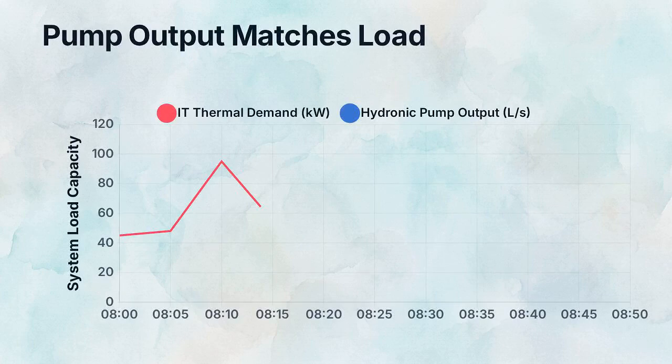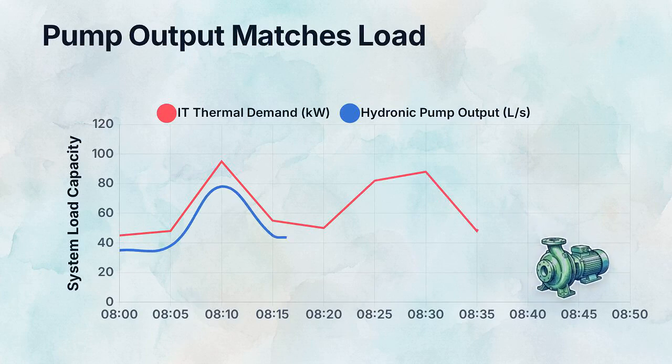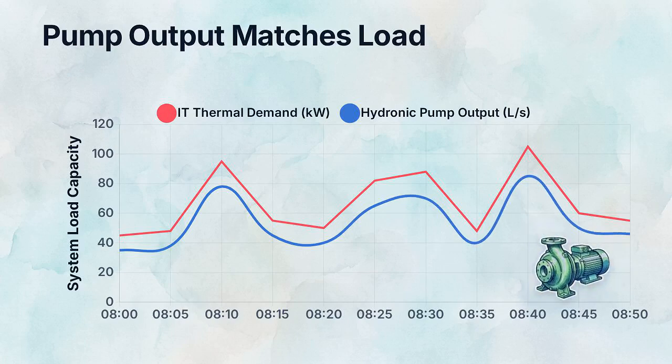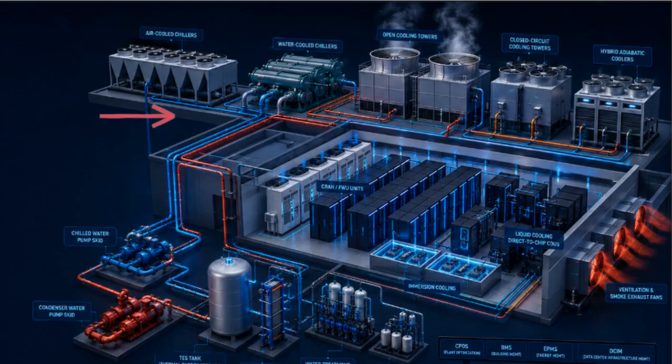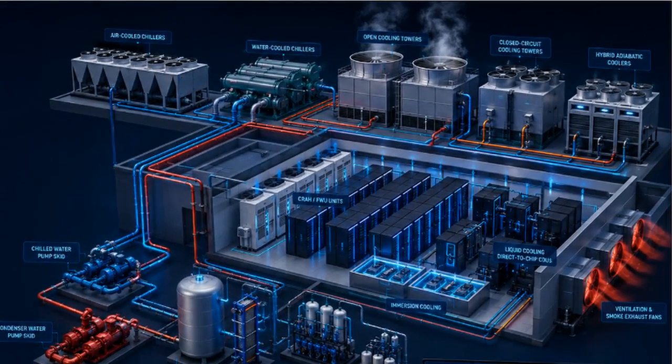This pressurized network functions as a dynamic environment, balancing its mechanical output against the fluctuating thermal demands of the IT load. Following the hydronic loop outside the building brings us to the cooling plant. This 3D layout illustrates the final stage of the thermodynamic chain, rejecting the collected heat into the ambient atmosphere using